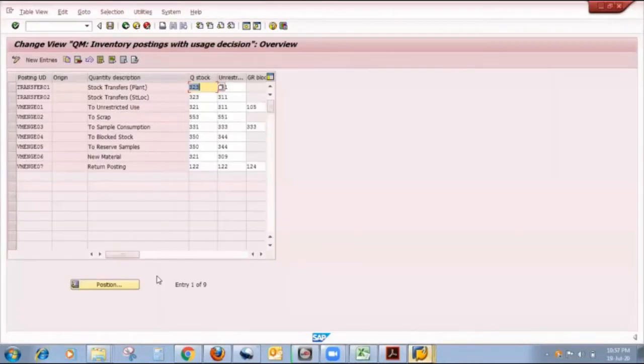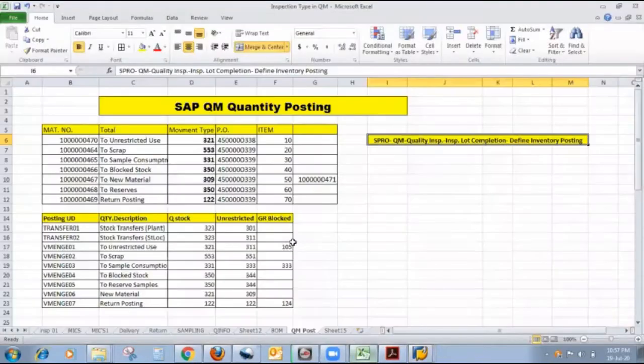So friends, here we need to maintain our different places and their relative movement type, where we want to put our quantity after completion of usage decision. We can add one more also instead of other. So as shown on the screen, I will give you a demo one by one.